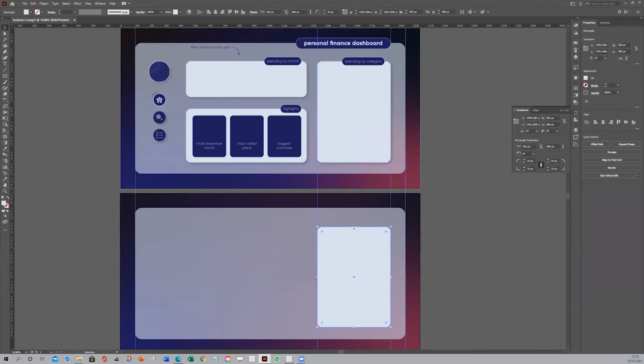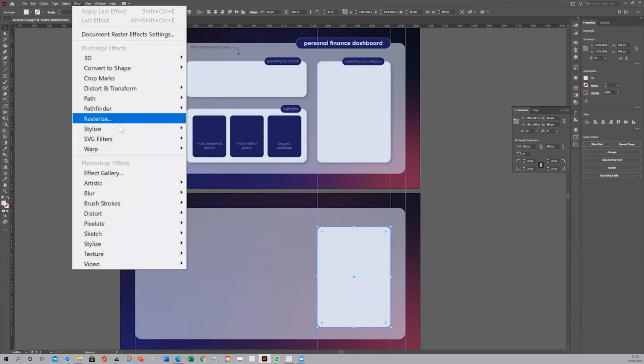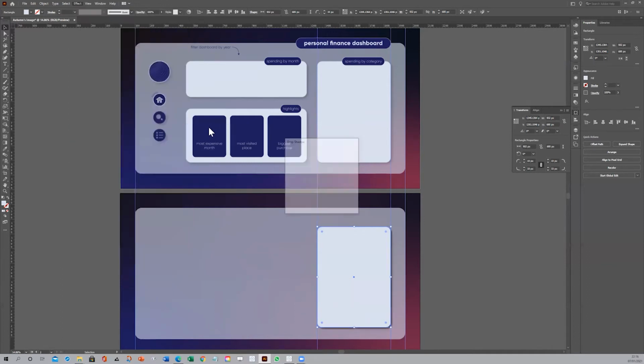So to apply a drop shadow in Illustrator, we select our object, go to Effect at the top, and then go into Stylize, and let's go into Drop Shadow. We'll keep it on multiply. Opacity, let's bring this down a little bit, because I've got preview selected and it's seeming